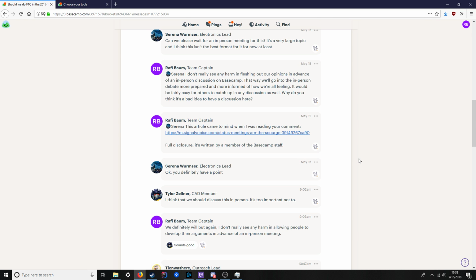A lot of people on the team are really driven and do a lot of things other than robotics. So a lot of them will take a lot of classes and will have a lot of homework to do as a result, or are involved in a number of extracurricular activities, or have jobs and other obligations which they have to attend to. And that's completely understandable, but the reality of that is that it makes it significantly more difficult to schedule